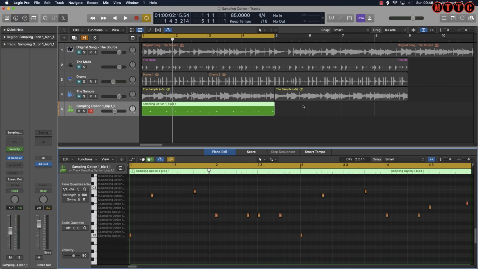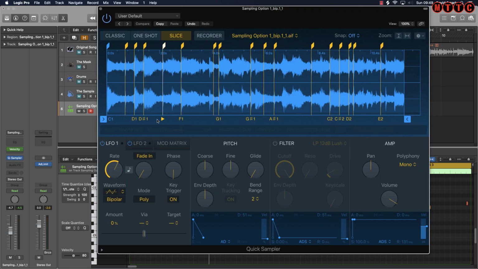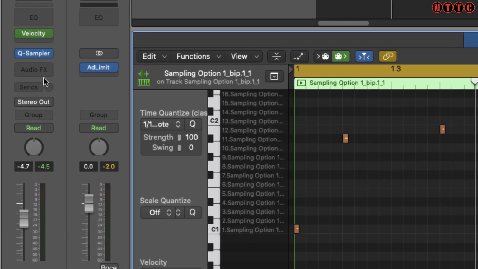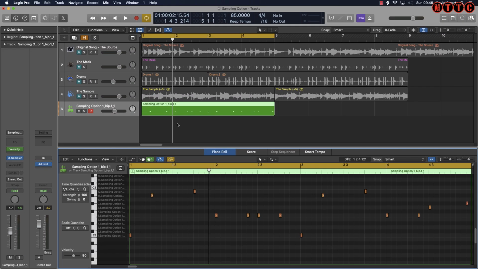Okay, now that I've got this new pattern made up of those sample chops, I can go ahead and do a ton of things. I can manipulate things further in here within the sampler. I can also add audio effects and processors to the track, and then continue to layer this with additional things such as drums, keyboards, bass, and so on. Having this at the heart of the production, but adding more elements to create a song.